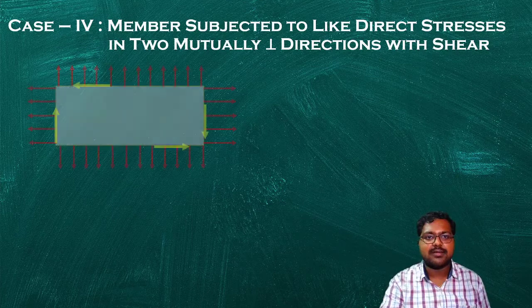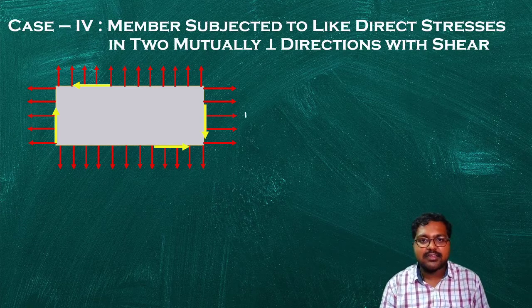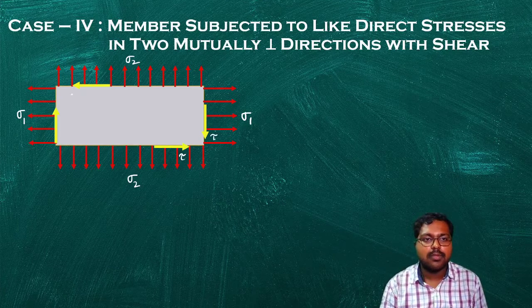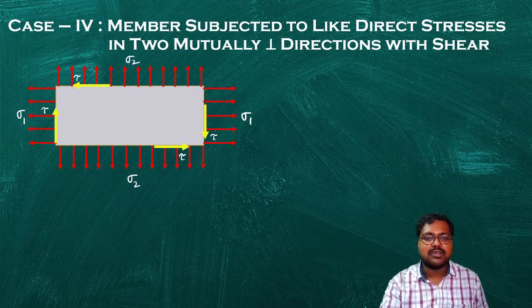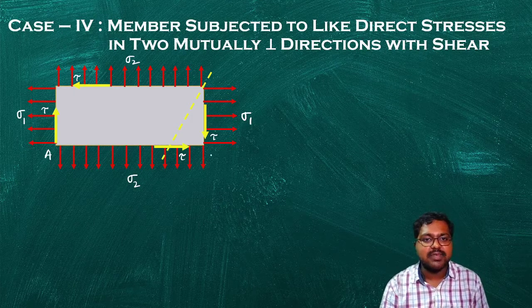Let us see the figure. Here we considered a rectangular member subjected to two direct stresses, sigma 1 and sigma 2, accompanied by a shear stress of intensity tau. Now let us consider a cross section which is oblique in nature, making an angle theta with the plane BC. If I consider this section as ABCD,